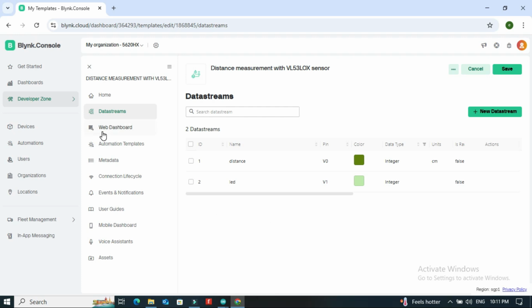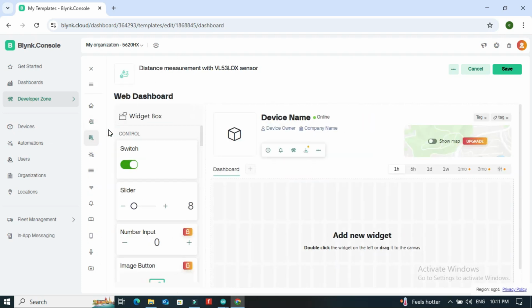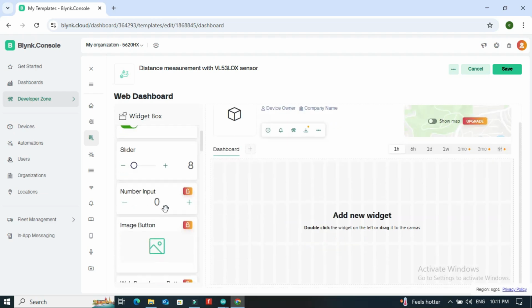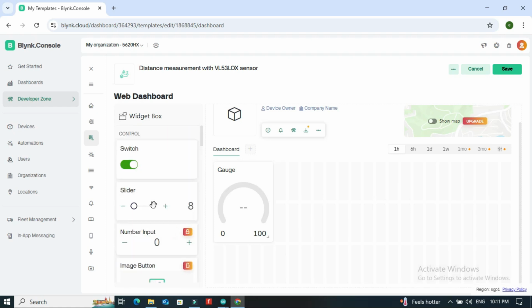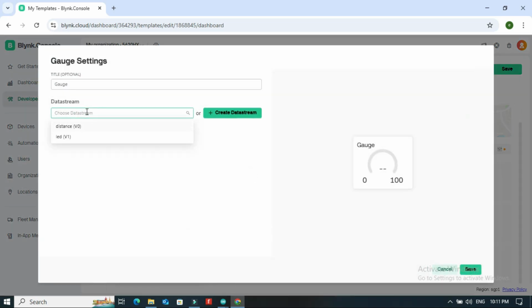Navigate to the web dashboard. Add a gauge and a switch widget, and link them to the respective virtual pins.